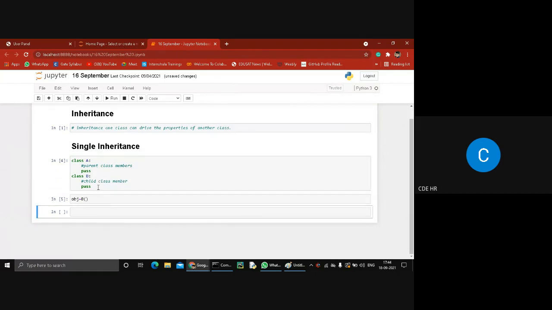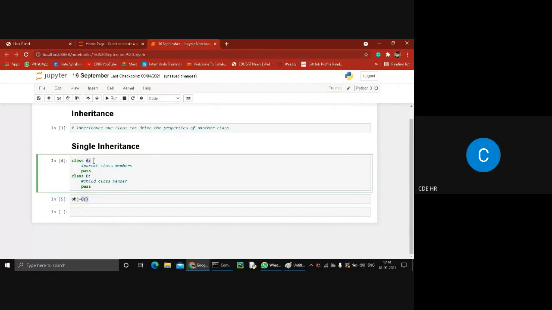Now the syntax is clear: how to create a single inheritance, and how to create an object of this particular class B. And what is the reason we create an object of class B and why we do not create an object of class A? Because now we have both the properties of parent and child class. Right. So everything is clear till now.